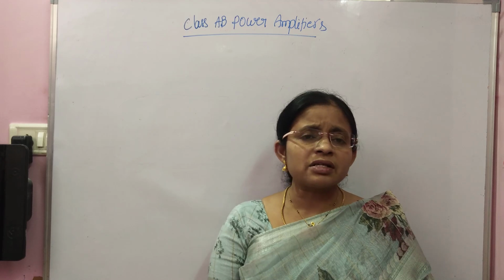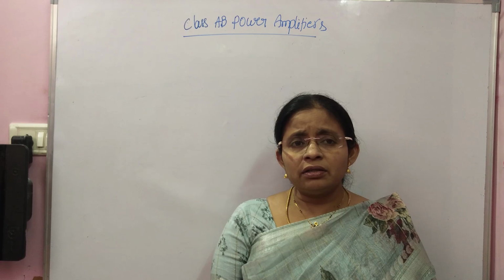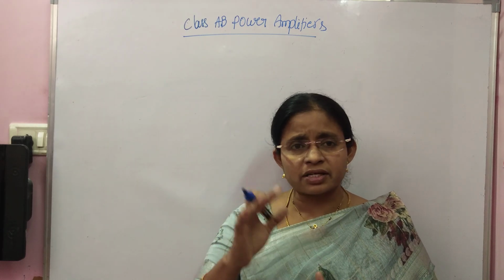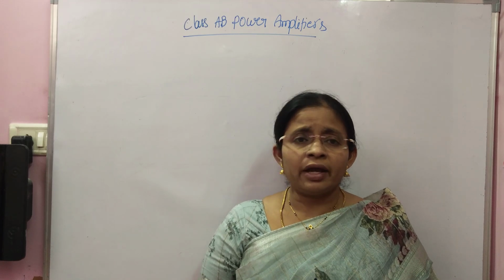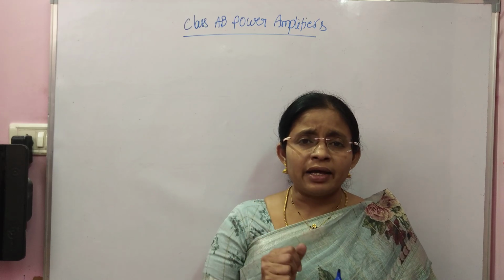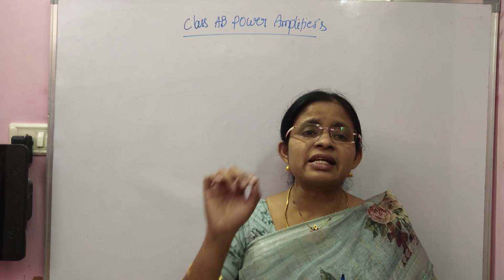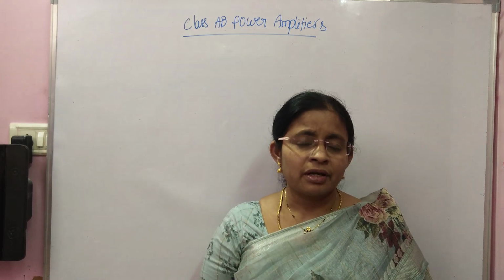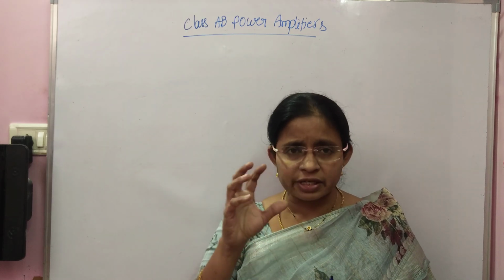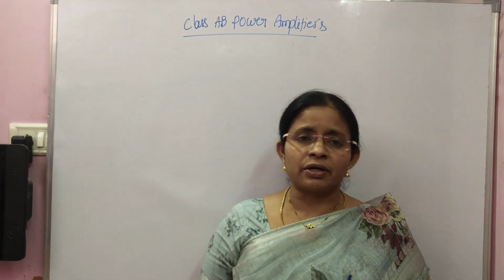See, the transistor is waiting up to V gamma. Only when the input signal crosses V gamma is the transistor conducting. So that is the reason for crossover distortion. Suppose you apply that V gamma, that is 0.6 volts, externally to the transistors, then what will happen? Transistors will conduct with that 0.7 or 0.6 volts. Then you can send your total input signal to the output.